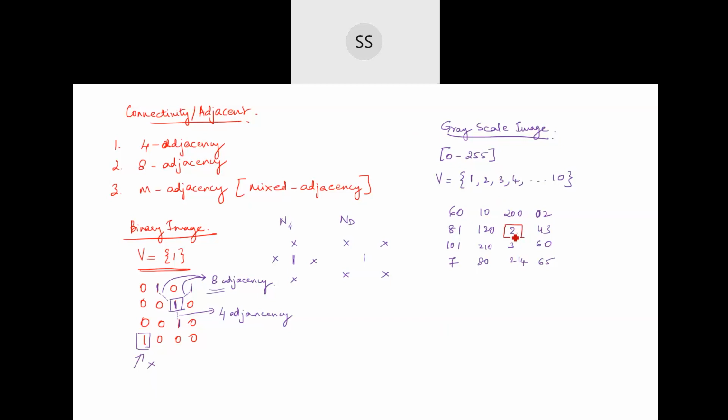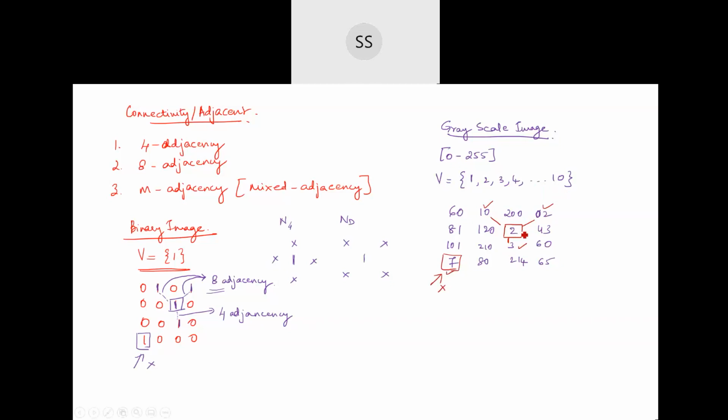Now I try to see the connectivity of this pixel with the remaining pixels which have a value that belongs to the set V. So you can see that this particular pixel and this seventh pixel are the only pixels which belong to your set V. So only those pixels' connectivity I have to check. You can see that 2 is connected to 10 and 2 is connected to 3, but the 7 cannot be connected to any of the other pixels in the set V, the pixels under our consideration. We cannot connect this particular pixel to any of the other pixels. So this 7 is said to be not connected.